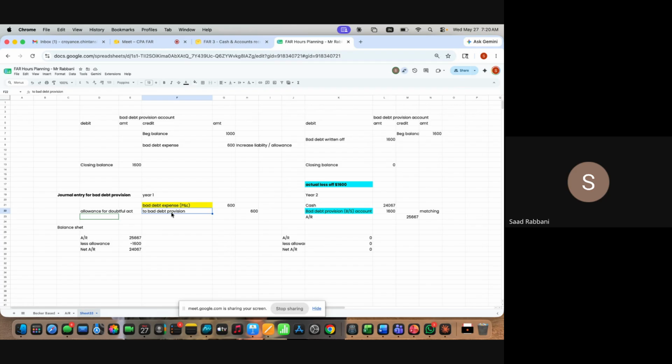And then in the second year, we are reversing the bad debt provision. Second year, we are reversing the bad debt provision. You are reversing or you are writing it off. Reversing is an okay word, not a bad word, but more technical pronunciation is you are writing off the accounts receivable now through the provision account. तो आपका पर्पस क्या था बैड डेट प्रोविजन बनाने का? कि फ्यूचर में कोई लॉस हो सकता है तो उसके लिए आज प्रोविजन करो। तो जब एक्चुअल में फ्यूचर में लॉस होगा, जब हुआ ईयर 2 में, तो आपने प्रोविजन अकाउंट से उसको एडजस्ट कर दिया।